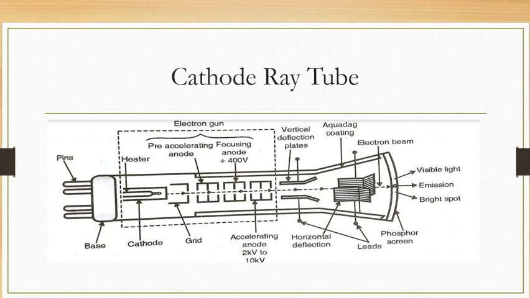So in short, we can say that horizontal deflection plates move the spot in the horizontal direction, and vertical deflection plates move the spot in the vertical direction, or up and down. Okay, like this. And if you see the movement of these two plates, vertical and horizontal, these are independent of each other. Okay, so they are not interrelated. These are independent, and independent voltages are applied, and thus the beam may be displayed anywhere on the screen. Okay, and that is nothing but the working principle of a cathode ray tube.